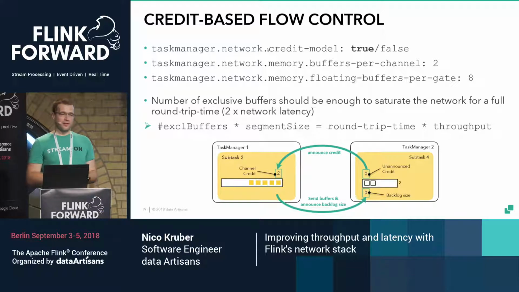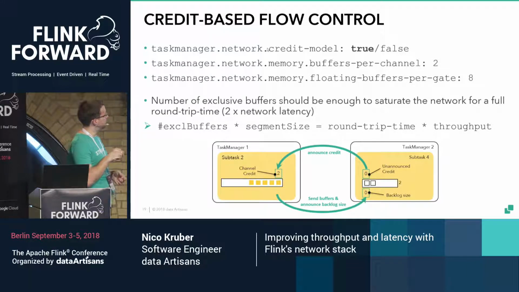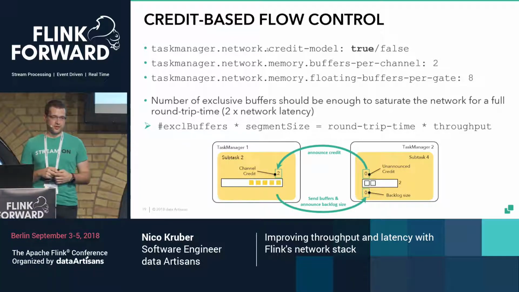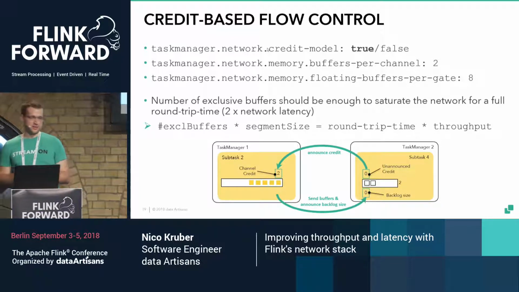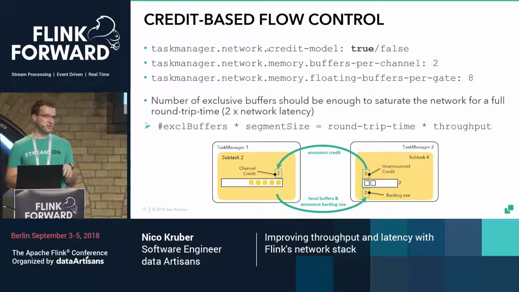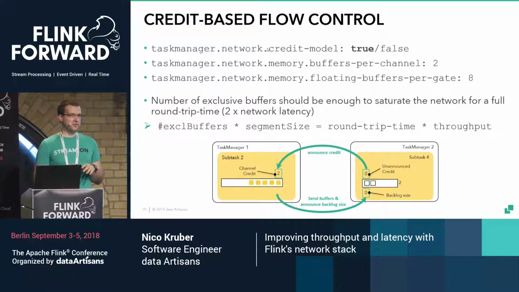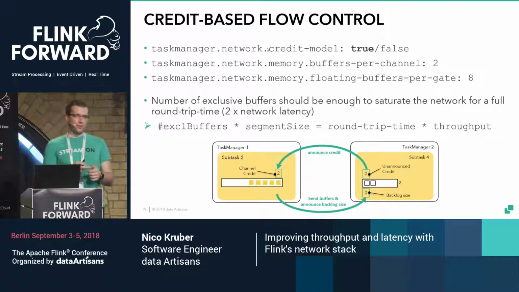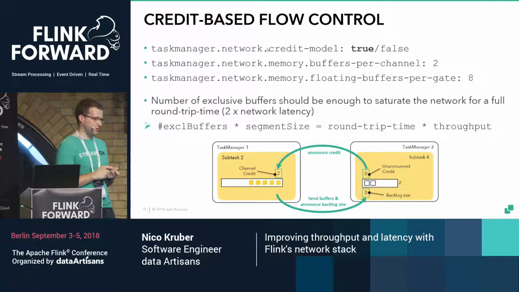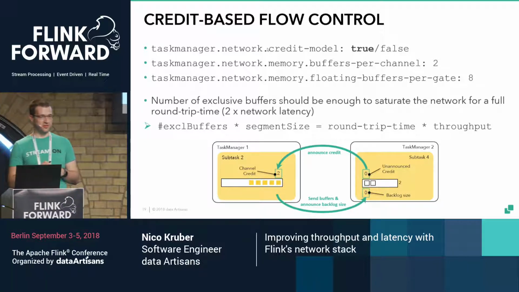Then you can configure the number of exclusive buffers, so that's the buffers per channel, and the number of floating buffers. And tuning those two, by default, we set 2 exclusive buffers per channel and 8 floating buffers. Reasoning was that whenever we're working on one buffer, we have another buffer available that is being used by Netty to put data in. So it is kind of crucial to configure those two things correctly, especially the exclusive buffers,